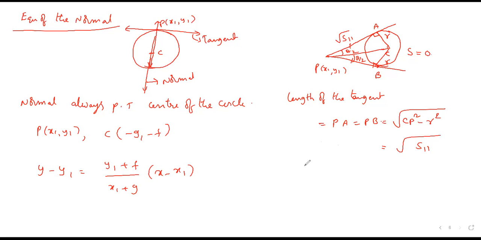And the angle between the tangents we can also find by using tan theta by 2. Tan theta by 2 equals, opposite side is R and adjacent side is root S11. So tan theta by 2 equals R by root S11. By using this, we can find the angle between the tangents. So theta equals, by taking the 2 and tan to this side, 2 tan inverse R by root S11. This is the angle between the two tangents. Or you can simply remember this: tan theta by 2 equals R by root S11. From this, we can find the angle theta. Theta gives the angle between the tangents.